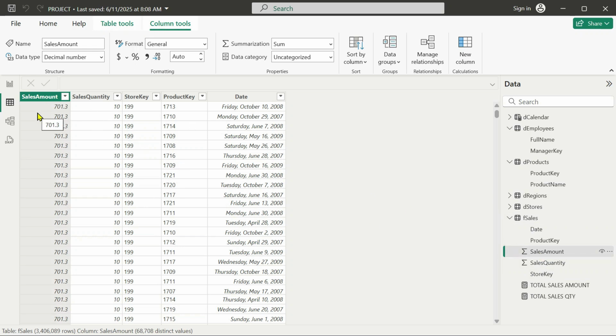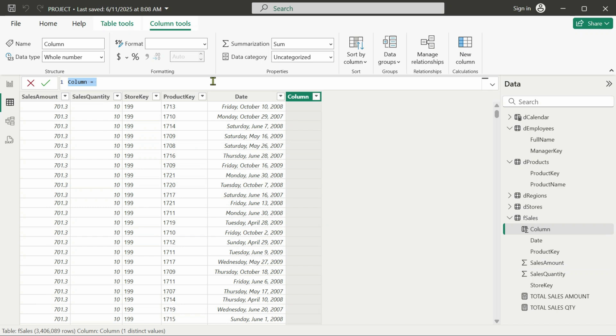And let's say I want to create a calculated column. I will use this new column button, and I'm going to use a short DAX function. We will learn all about DAX functions in our DAX functions course, so I don't want to worry about writing DAX code at this point. I'm just showing you one of the things you can do in the table view.